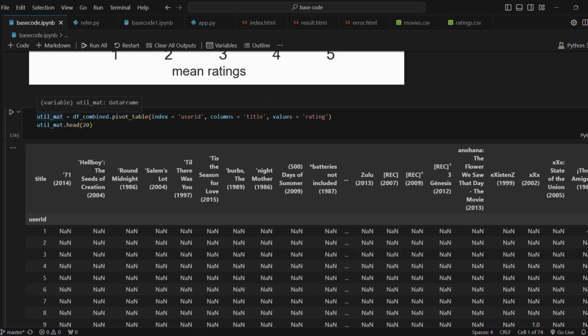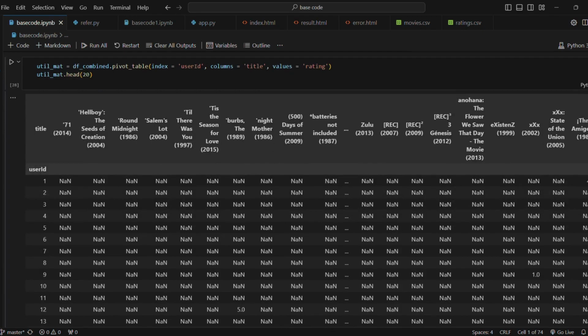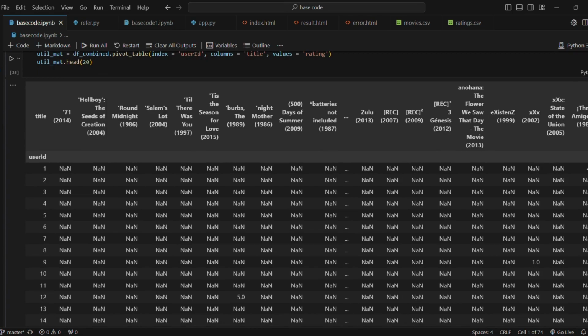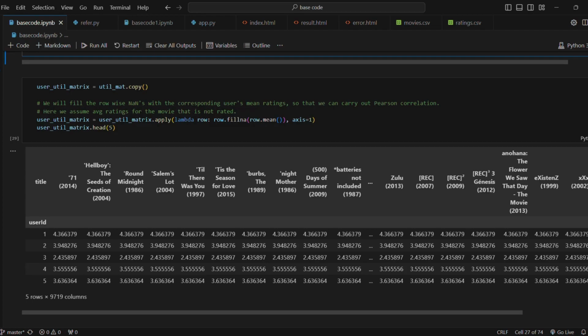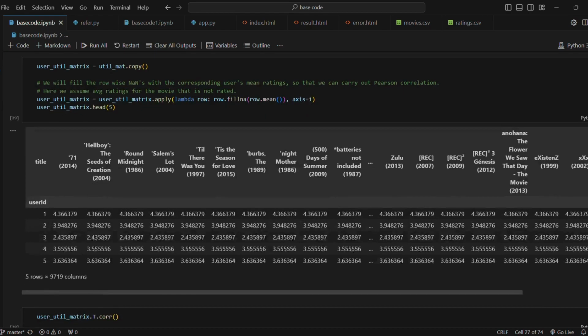Here you can see we have plotted a utility matrix. This is what we use to find the similarity between users. To find similar users, we put up this matrix, and we've calculated a value called Pearson's correlation coefficient. Let's say you have two variables. To find the relationship between them, we calculate the Pearson coefficient, and we get a value between -1 and +1. If it's -1, obviously they are users of dissimilar taste. They are not similar at all, so you can ignore them. But if two users have a Pearson value closer to +1, you could say they are similar, so you could consider them as a pair. That is why we are calculating Pearson's coefficient here.